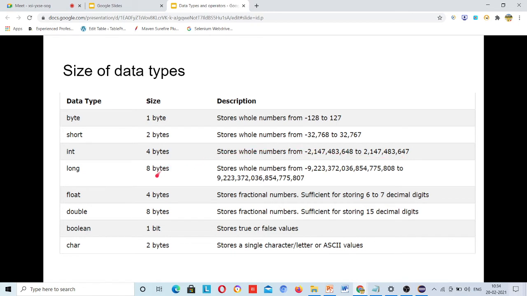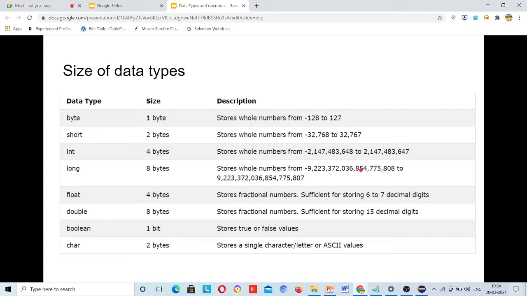Then long can store this much data. Can this store a mobile number? If it comes within the range, then it can store the mobile number, but normally mobile numbers start from 9 and go beyond the range, so it cannot store a mobile number. But long can store it.